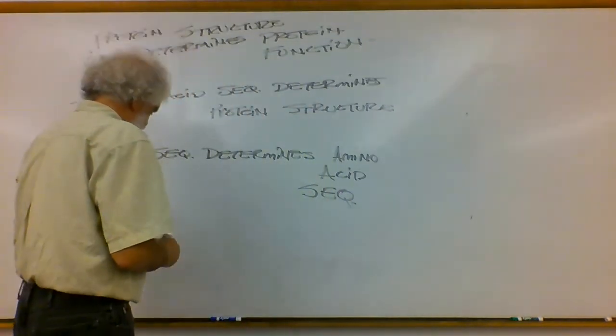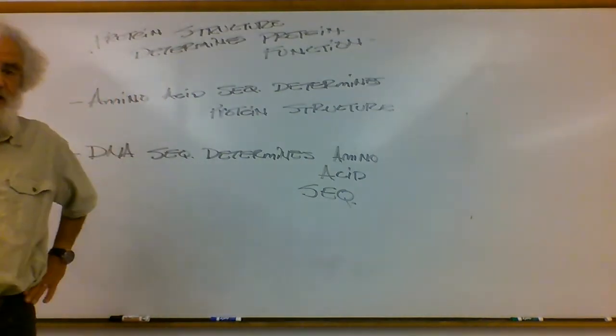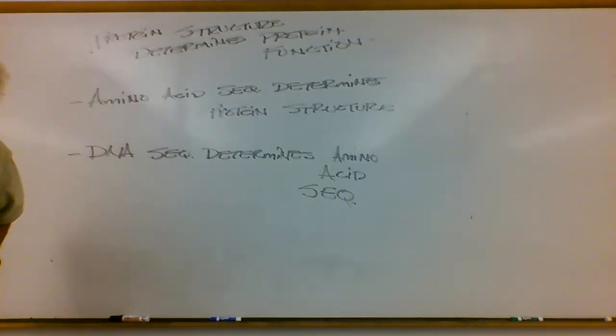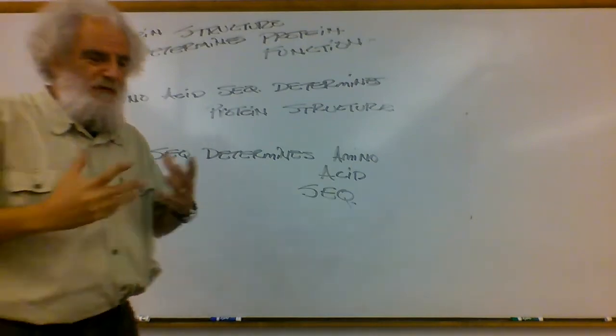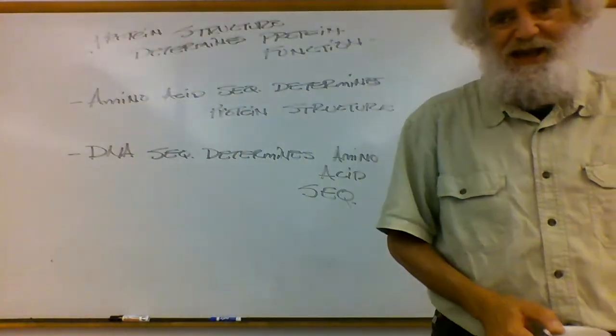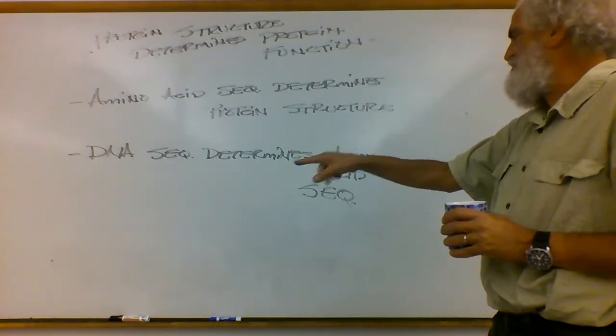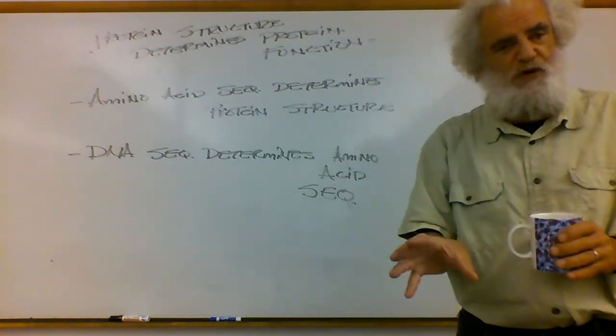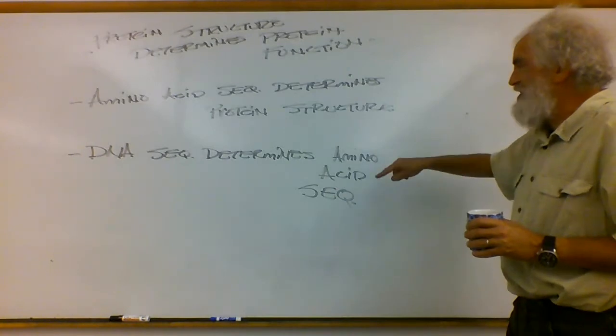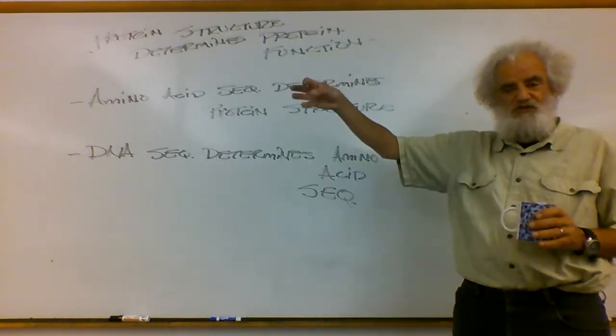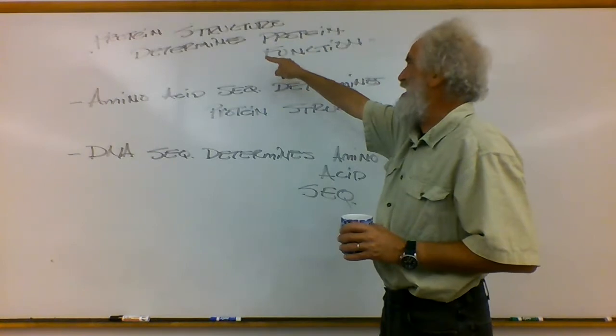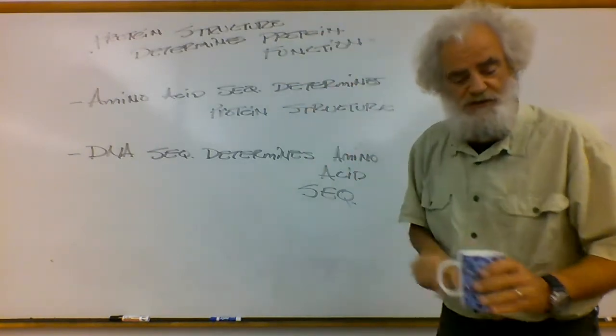Now let's think about what we have just thrown up here. One thing I'll tell you, that if you could come up with this, certainly in the 50s and maybe even in the 60s and pushing into the 70s, you would probably get the Nobel Prize, and or at least you would begin establishing the modern paradigms behind molecular genetics. But the DNA sequence determines the amino acid sequence of individual proteins. The amino acid sequence is determining the protein structure, and the protein structure determines a protein's function.